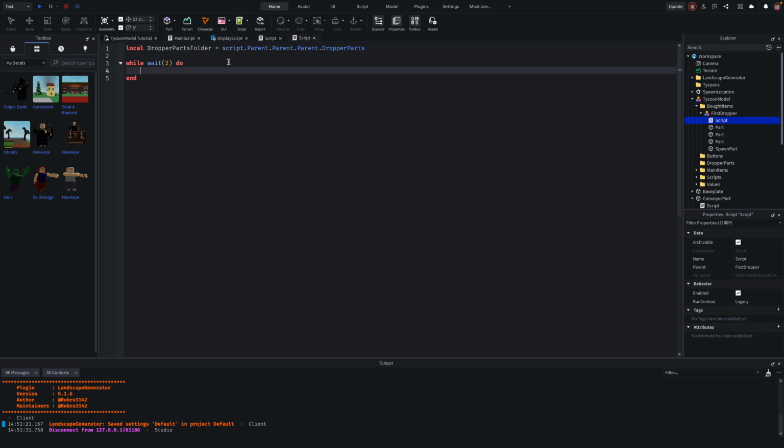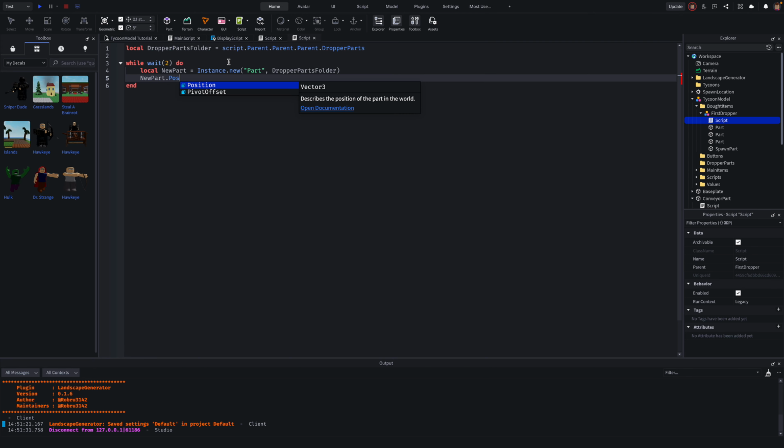And then local new part equals Instance.new, and then in parentheses and speech marks "Part", and then outside the speech marks, comma, dropper parts folder,